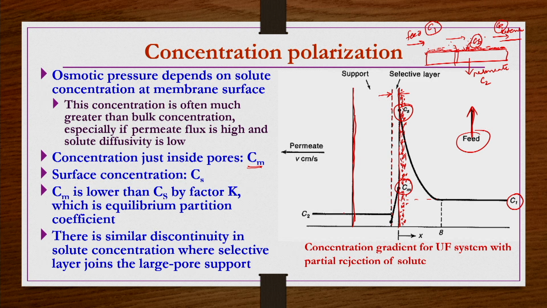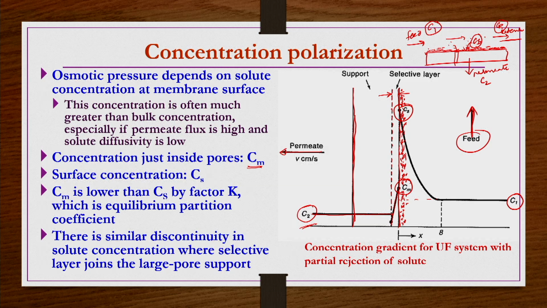Then towards the permeate, whatever solution passes through here, some solutes will also be passing through. From here the permeate is collected. The permeate is in general almost pure, but not completely pure, so there will be some solute particles. The solute concentration on the permeate side is C2. So pictorially, if you represent concentration polarization, this is what you get.